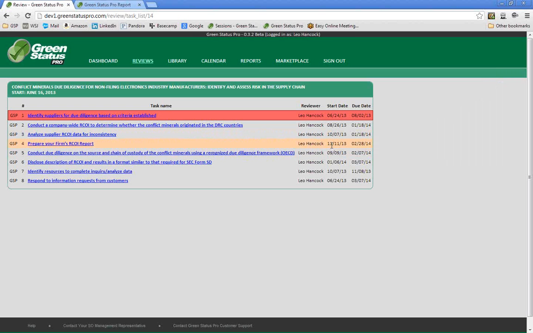Now, of course, you notice we have email alerts. And so when the start date occurs on any of these, Leo will be informed by an email. When it's 2 days before it's due, he'll have the due date email come to him. And when it's overdue, he'll be getting an email. In other words, we're helping him manage the process in every way, shape, and form possible, as well as the